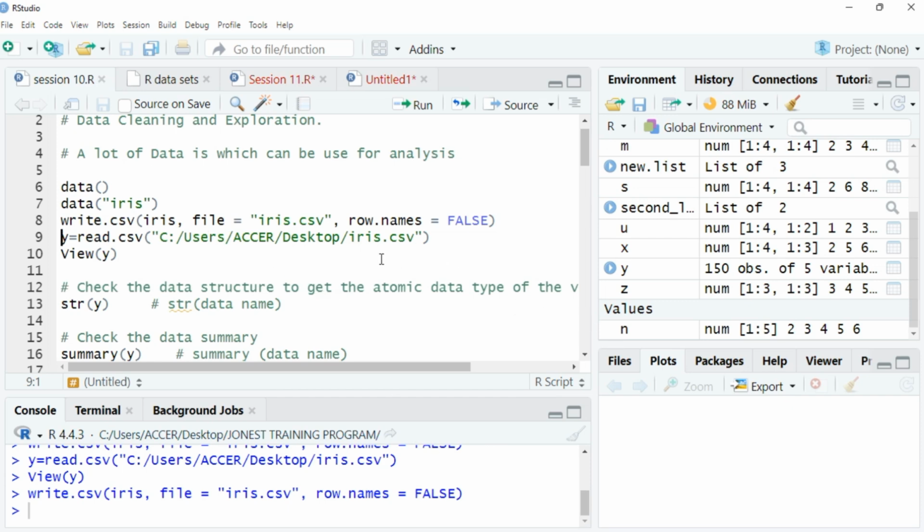So here we are just giving our data a name. This is what we call a variable name. So y is equal to read.csv, then you type in this one to call your data from your desktop. In another way, you can also import, but when you use the directory, it's very simple. So once I run it,